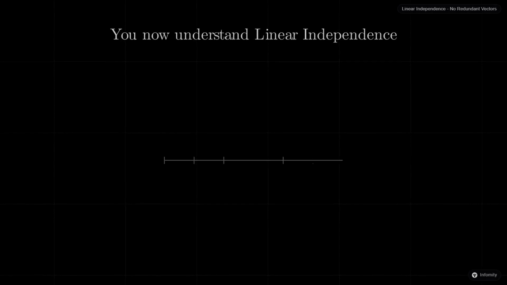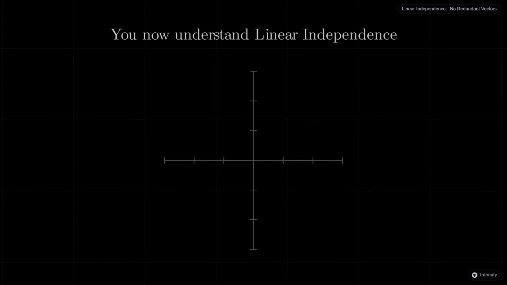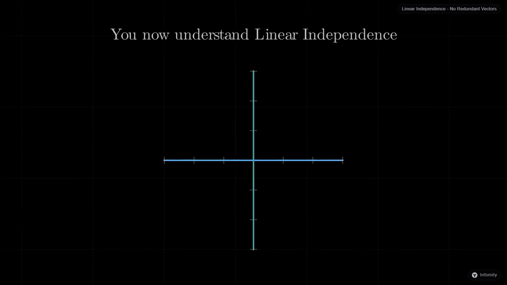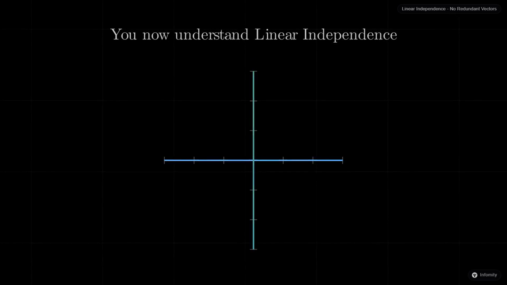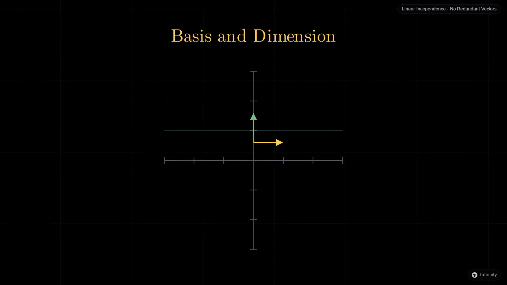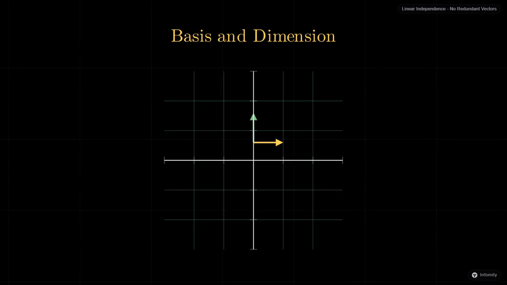You now understand linear independence not as a dry algebraic formula, but as the spatial test for unique information. With this mental model, you can confidently strip away redundant noise and find the true directions of your data. Next, we will use these independent vectors as the absolute minimal building blocks to construct entire spaces as we explore